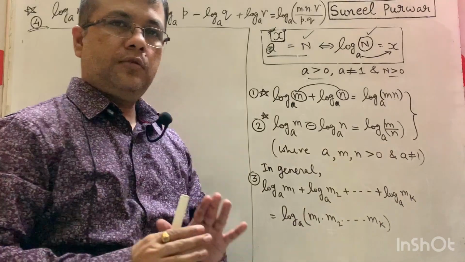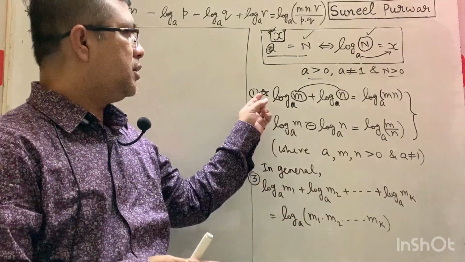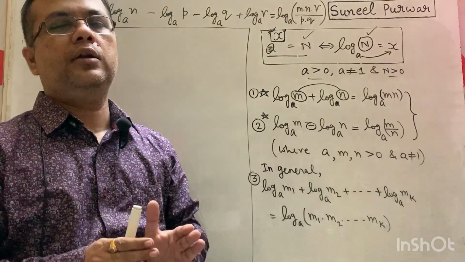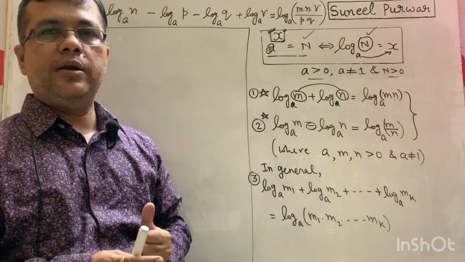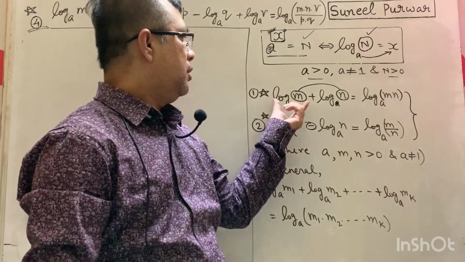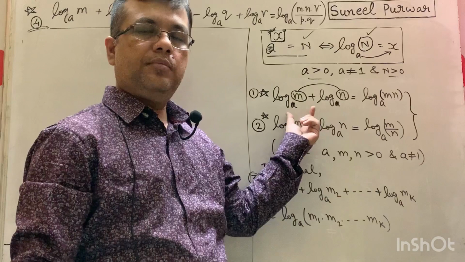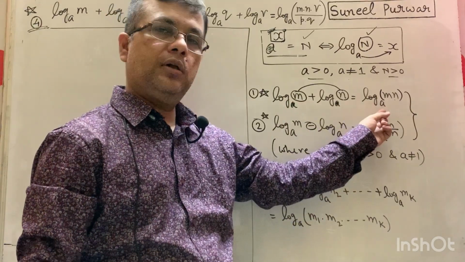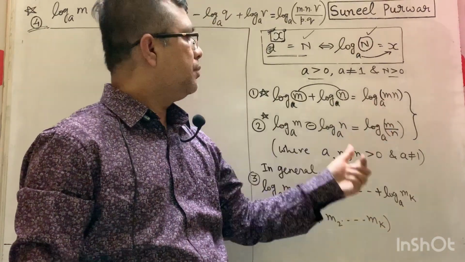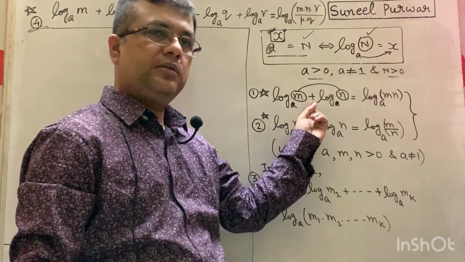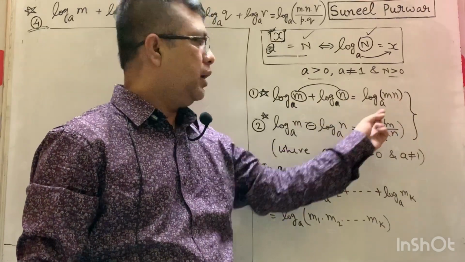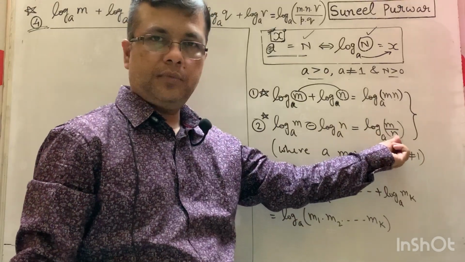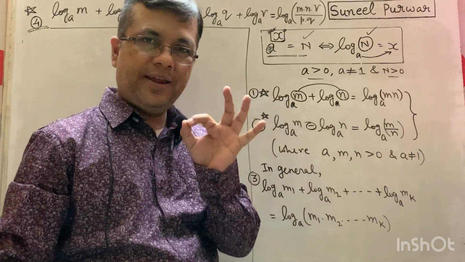Now you see, first of all I am letting you know what the results are, and then how to execute the results, and then I will tell you what is the logic behind these results. So first I told you, when you are adding logarithms at the same base, you will get a new logarithm also at the same base. Now every logarithm which is preceded with a plus sign, its number will go into the numerator, and any logarithm which is preceded by a minus sign, its number will go into the denominator. Keep this line in your mind.